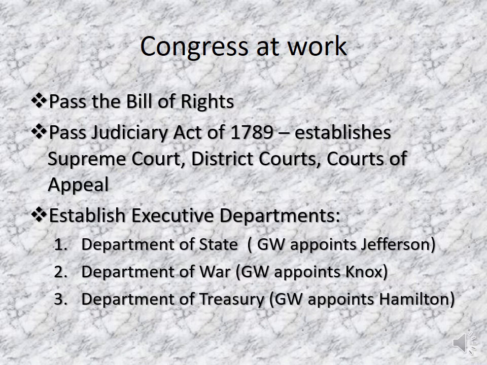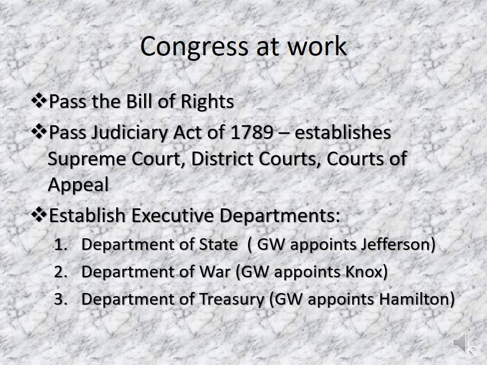Congress at work. So one of the first things they did, Congress, was pass that Bill of Rights. If you remember, we ended the other chapter with the Anti-Federalists telling the Federalists that they would agree to ratify the Constitution so long as there was a Bill of Rights that was added on afterwards. And the Federalists did promise that to the Anti-Federalists. So that was one of the first things that they did, was pass the Bill of Rights, the first 10